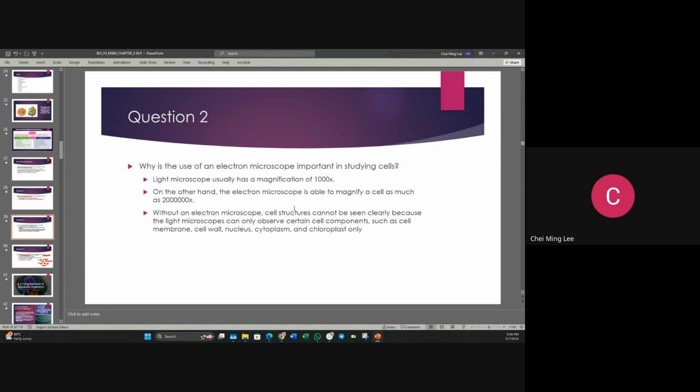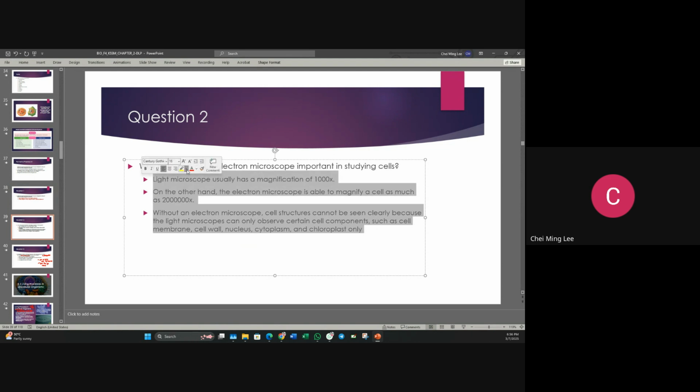All right. For question two, what's the use of the electron microscope? Because the light microscope's magnification is only around 1,000 times. However, the electron microscope is able to magnify until I think 2 million times. So without an electron microscope, your cell structure cannot be seen clearly, because the light microscope can only